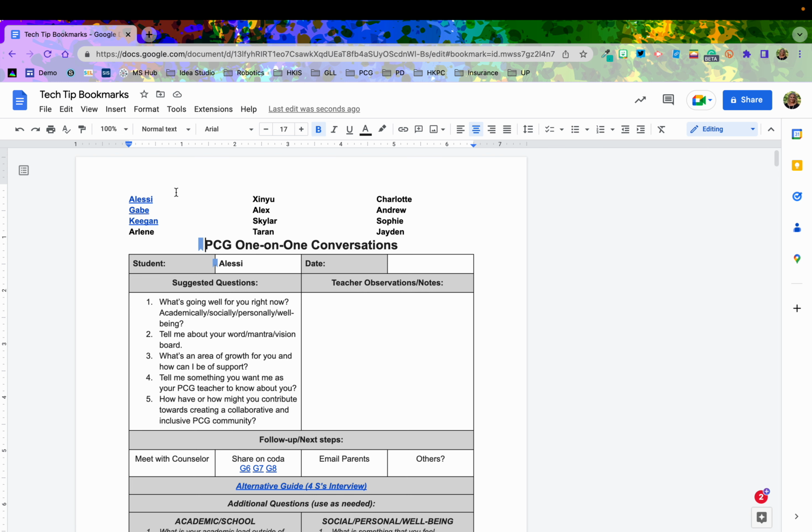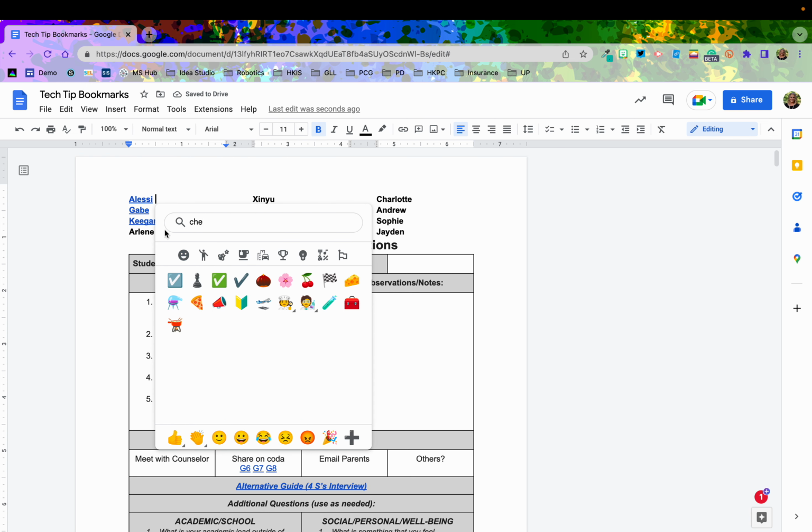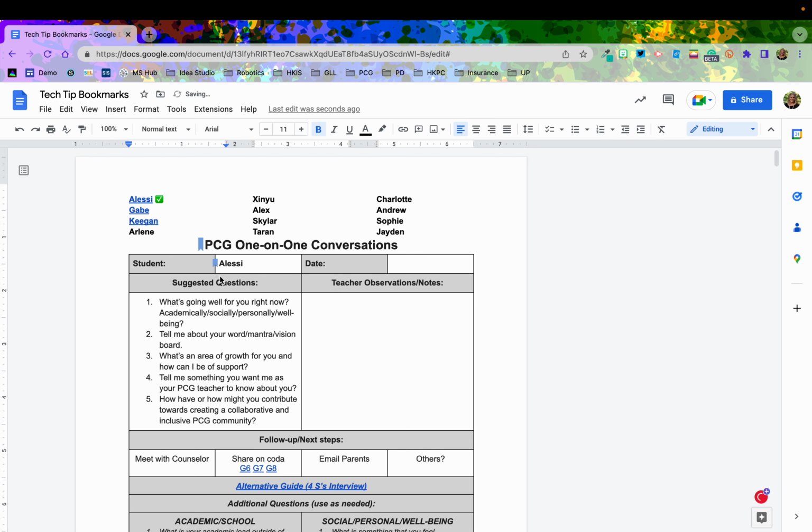And then the other thing that I can do to make it really easy to see who I have met with is I can just insert a quick emoji and just do a check mark, and to say that I've met with Alessi or whoever the student is, and I can go on my way to meet with all of my students. Hopefully that will help you with your organization and your